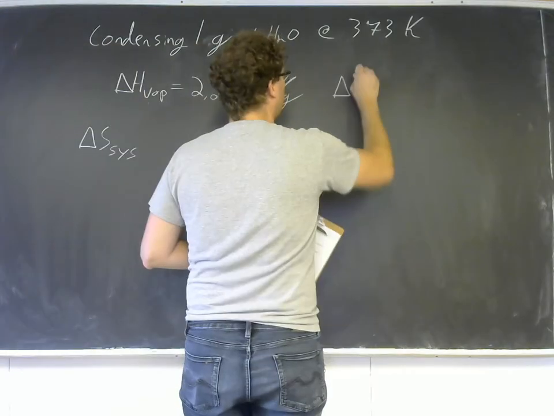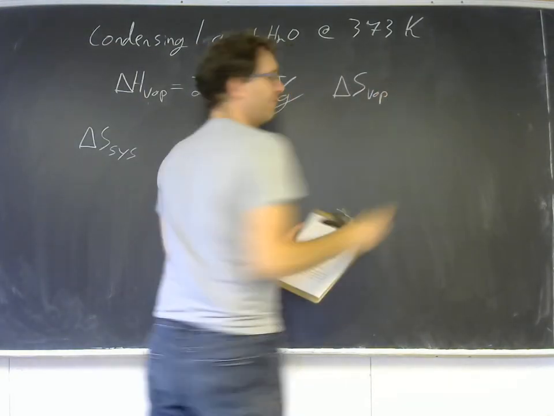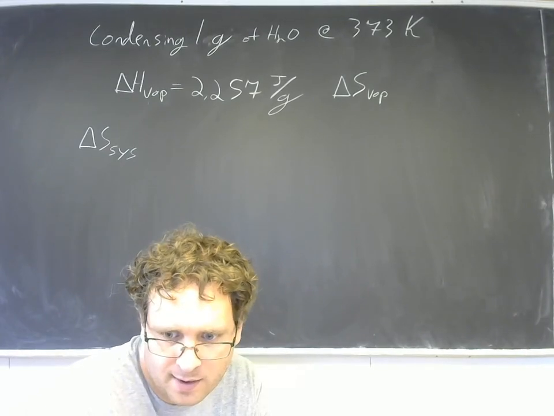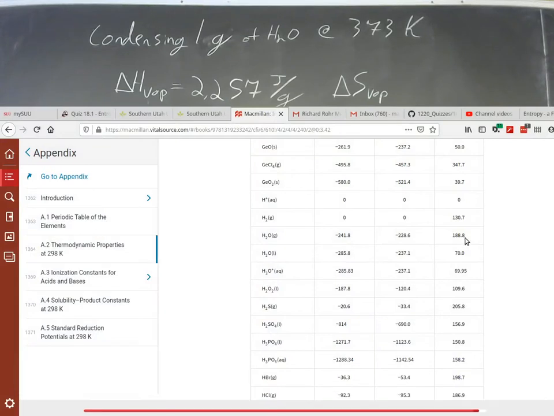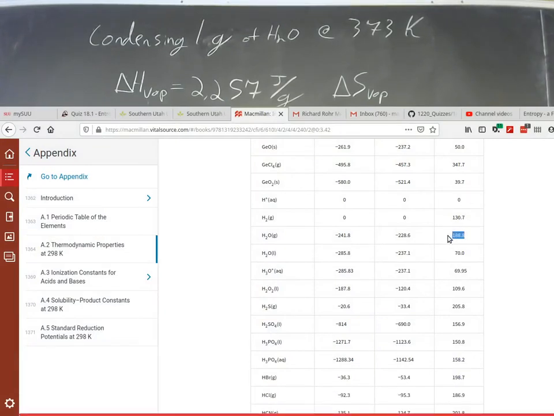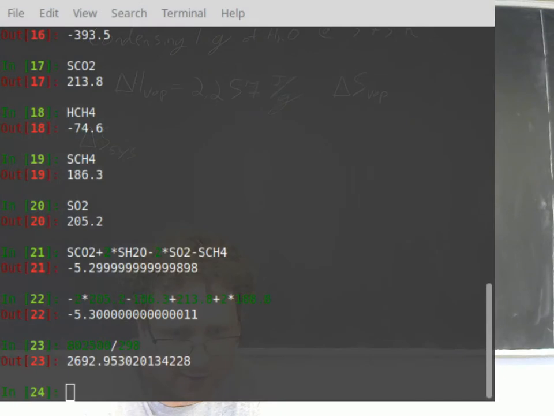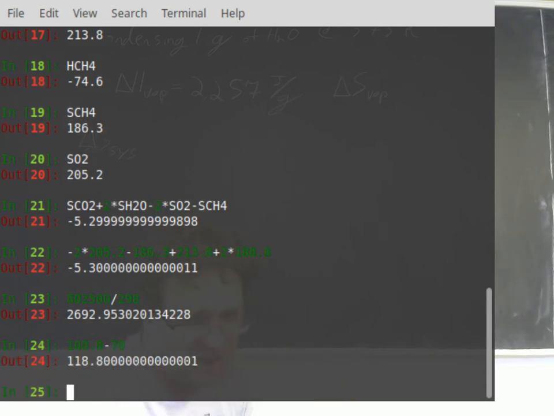Well, we'll need a delta S of vaporization. I guess it's back to the table for us. All right, so here we have the standard molar entropy for gas and the standard molar entropy for liquid. So we'll figure out what their difference is. That was 188.8 minus 70. And so that's the standard molar entropy of vaporization, 118.8